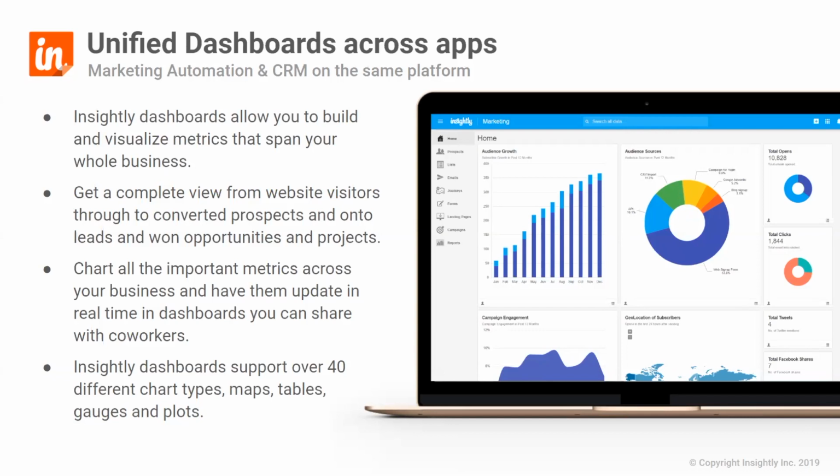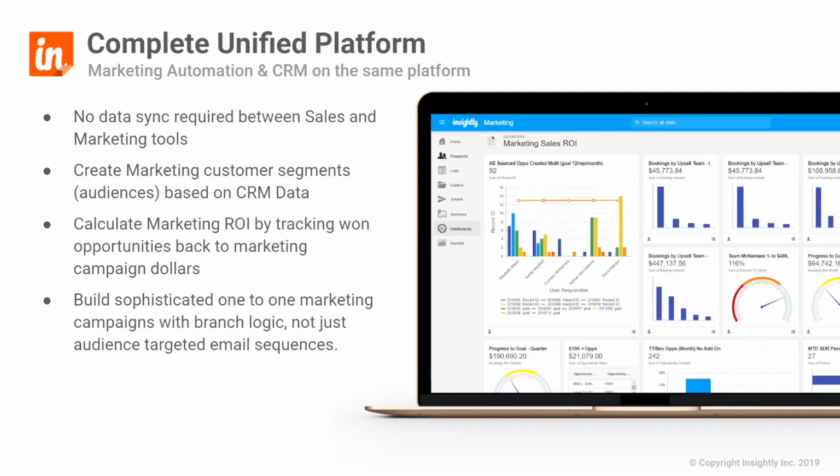Track your whole business in a few critical metrics and dashboard cards and share them with your coworkers so everyone can know when to join the party. Insightly Dashboard supports over 40 different highly configurable chart types, maps, tables, gauges, and plots. Our dashboard technology is awesome and it's worth the price of admission for that alone compared to costly add-on tools like Tableau or Domo. So I think this really illustrates what a complete marketing automation and CRM platform like Insightly